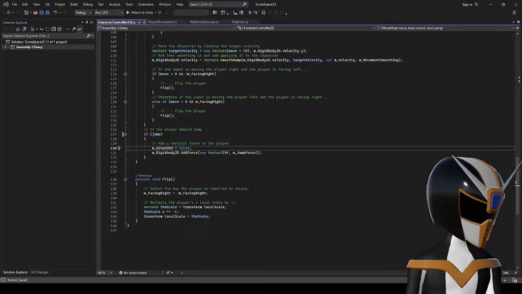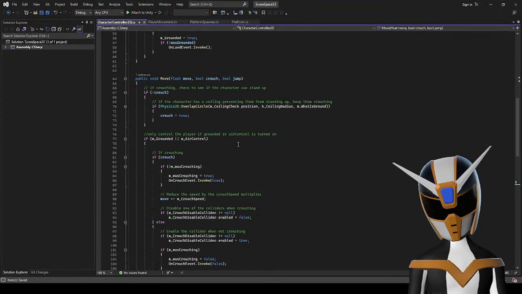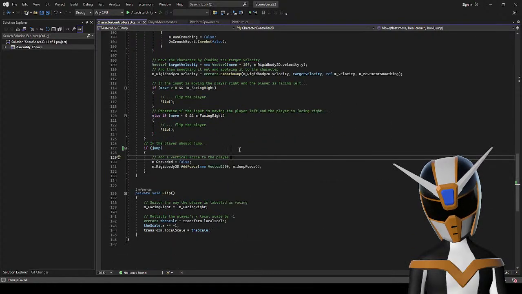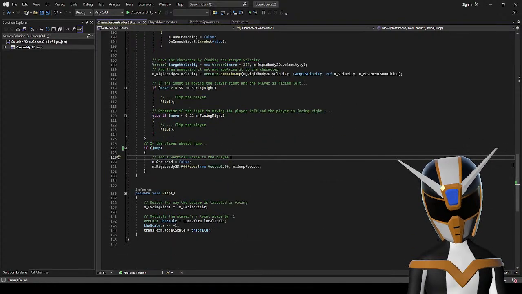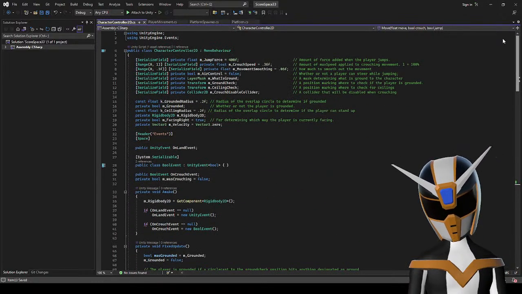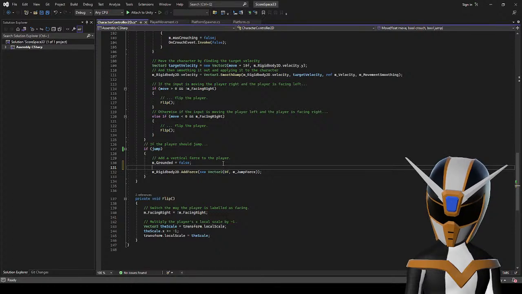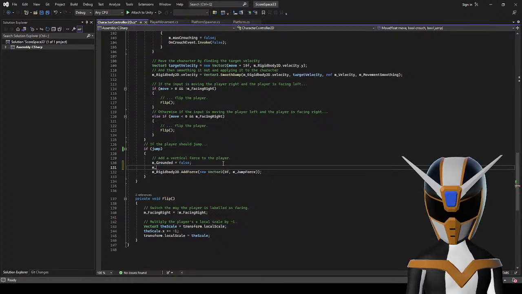Okay, yeah. I have to reference m underscore rigid body. Let's do that. m underscore...